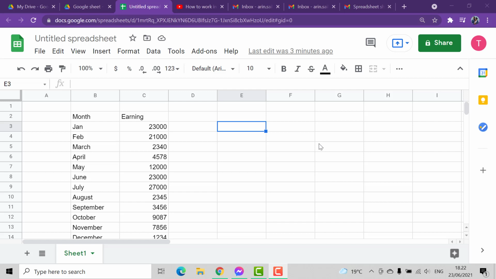In this tutorial I am going to show you how you can do addition, multiplication, division and subtraction in Google spreadsheet. So here I already took some data. I took salary for January to December, and these are the numbers, and I'm going to add all these numbers,